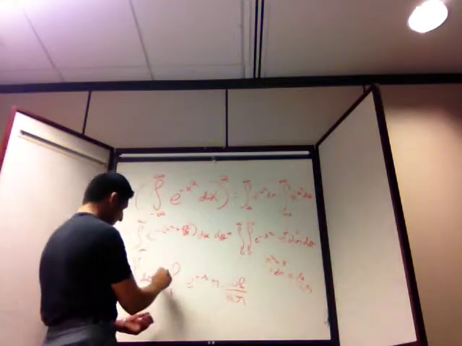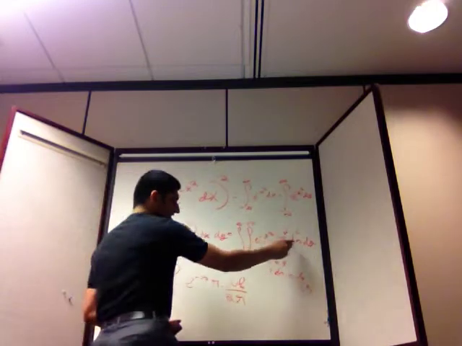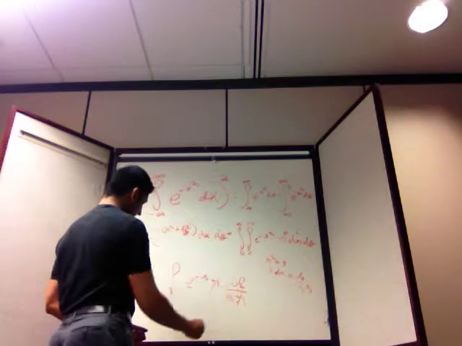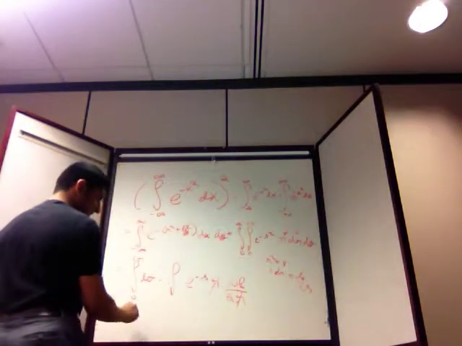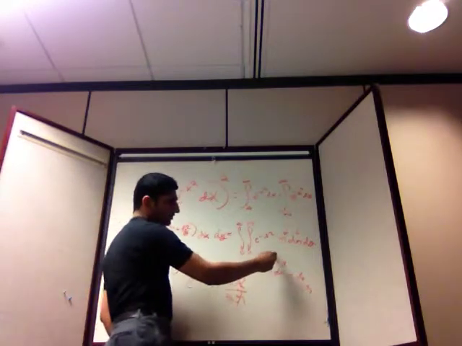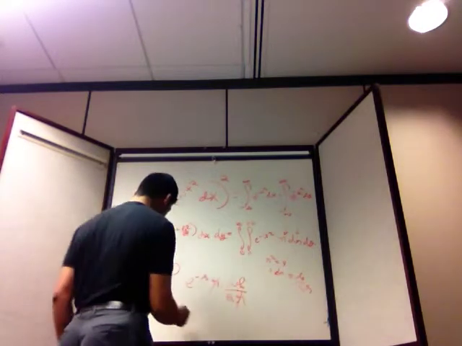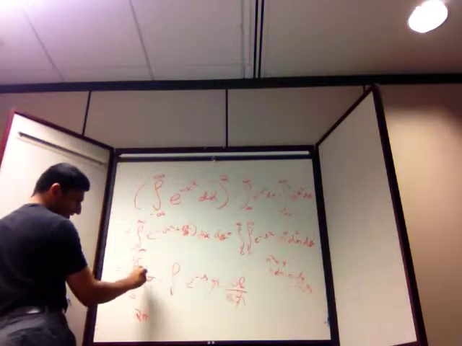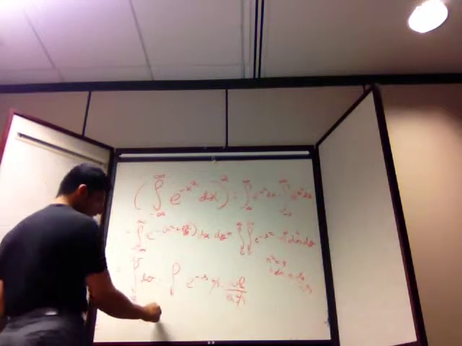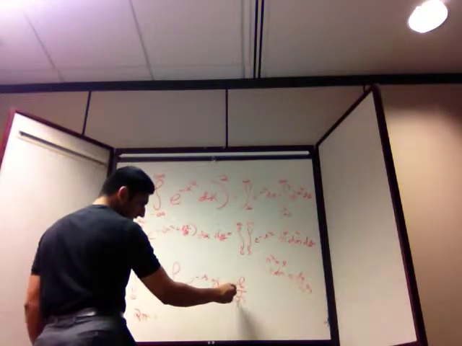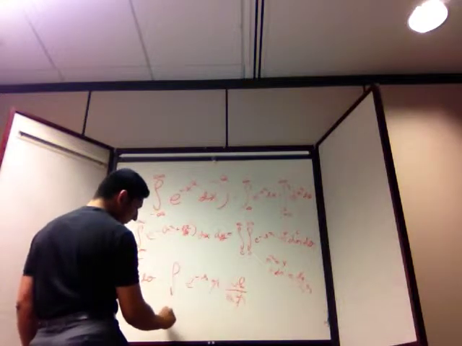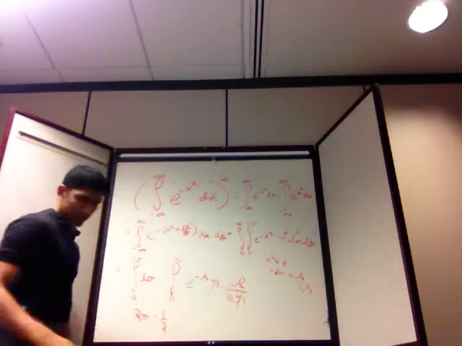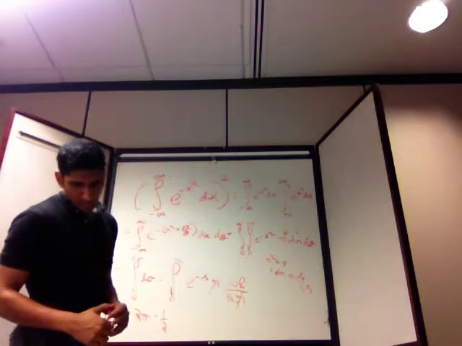And then I have the d theta already. So I just replaced r in terms of s. Notice this r and this r cancel, and I'm just left with this 2. And notice r goes from 0 to infinity means s also goes from 0 to infinity. So I get 2 pi from here. The d theta integral just gives theta from 0 to 2 pi, which gives 2 pi, times half the integral of e to the negative s from 0 to infinity, which is going to be nothing but